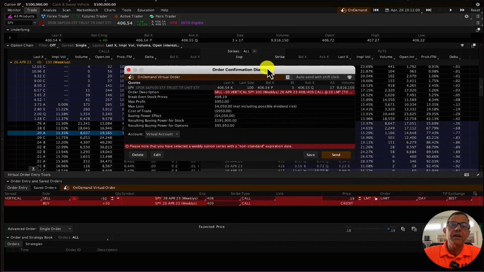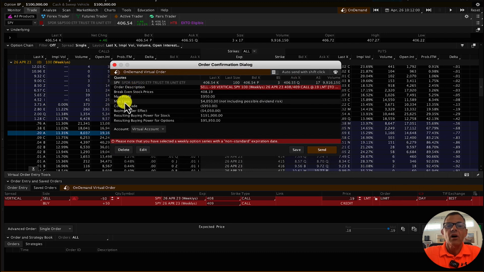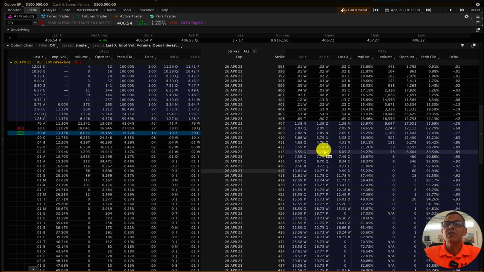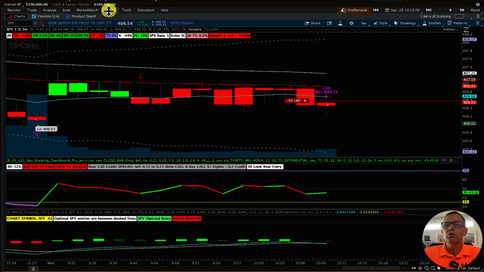is our order confirmation, and this is telling us that our maximum profit on this is $950, our maximum loss is $4,050, so we're going to be risking $4,050 to make roughly $1,000. Now we're going to go ahead and hit send on that, and then we're going to come over to the charts, and now we're going to hit play, and then hopefully fairly quickly we're going to go ahead and get